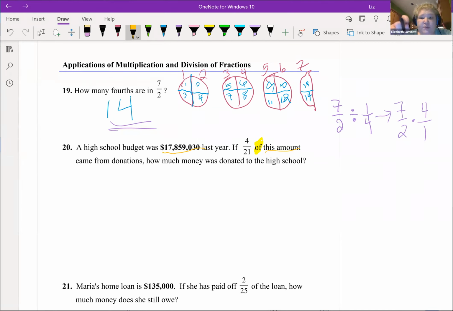Calculator. No one expects you to divide 21 into 17 million and change by hand. This is a calculator question for sure. But let me write what we're telling the calculator to do. So when I have an of question, I usually write the thing before the of first. So 4/21 of, change to times